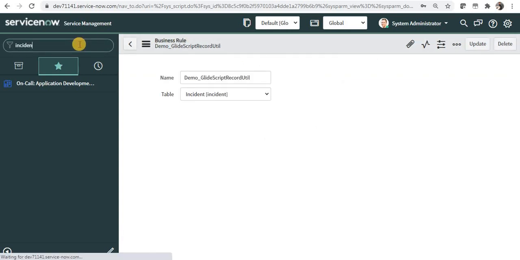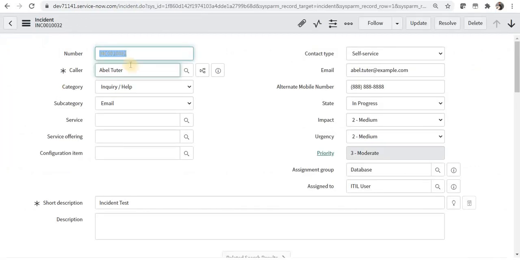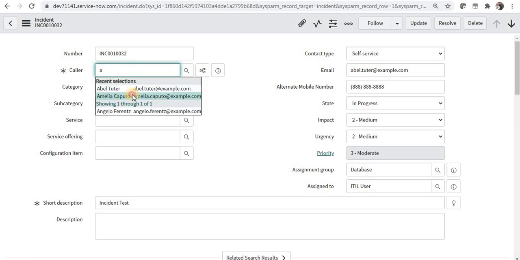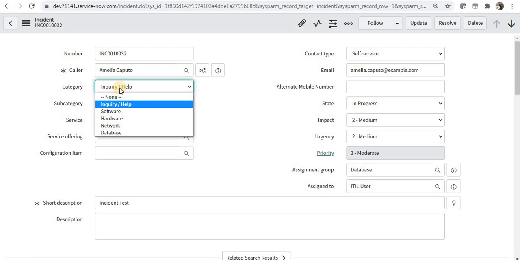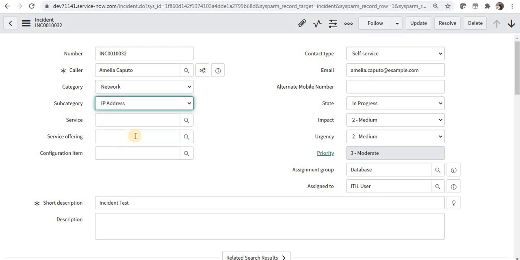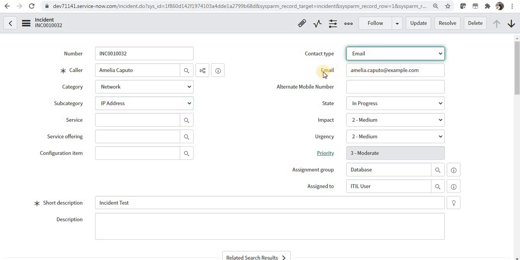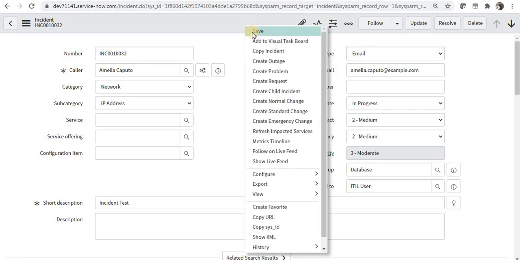I will type incident.list and I will go to an existing incident. I can make some changes to the caller field and I can use Amelia as caller now. I will change the category to network, and I will change the subcategory as well to IP address. I will change the contact type to email, and if you had noticed, when I changed the caller, it automatically had changed the email as well. I will save this record,